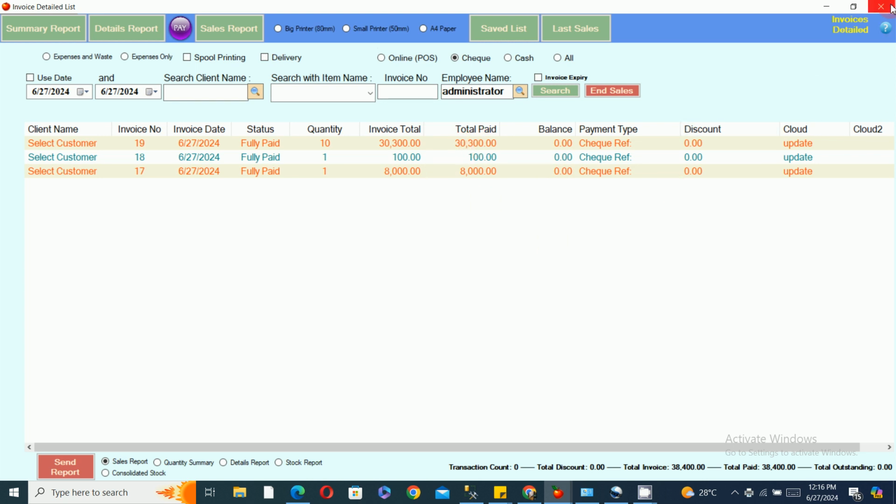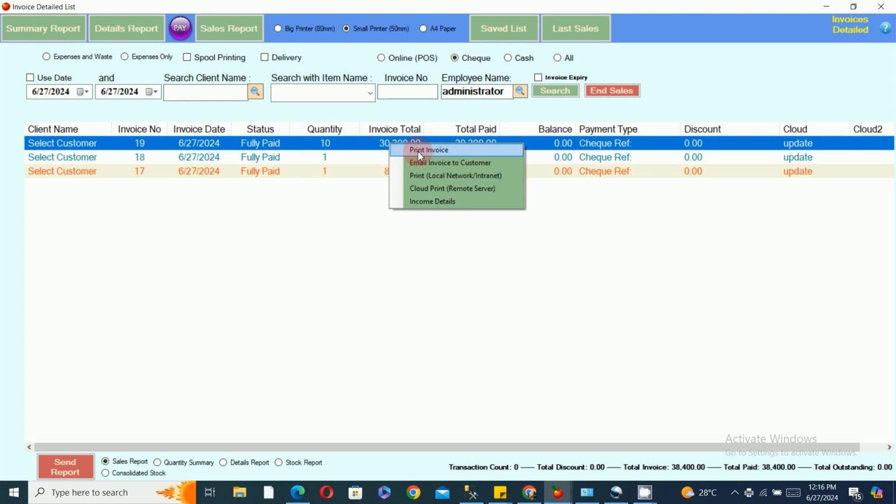all your transactions for the day. If for any reason you need to reprint any of these invoices, or maybe at the time that you were making the sales it was not printed, maybe your printer was not connected, what you just need to do is make sure that this is set. Whichever printer that you are using, I assume you are using the 58mm, so you take the small printer, then you right click on this item and say print invoice. So automatically it reprints your invoice for you,